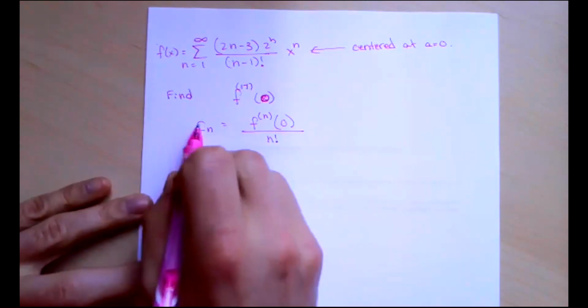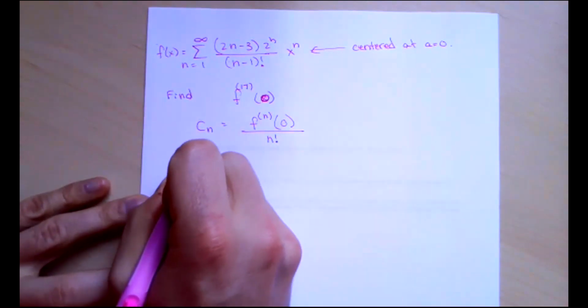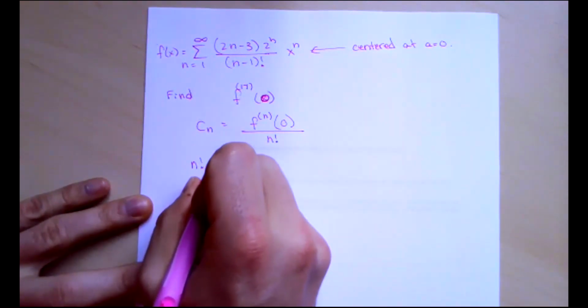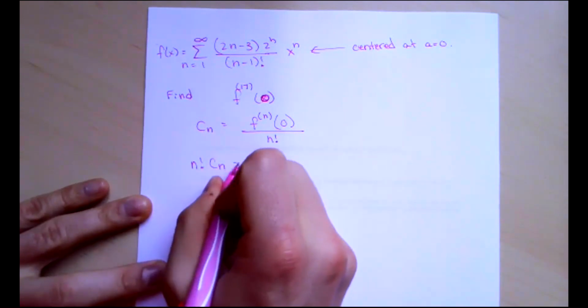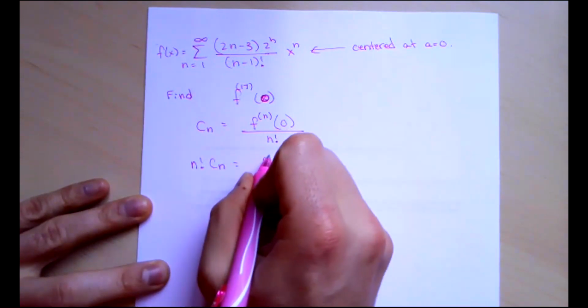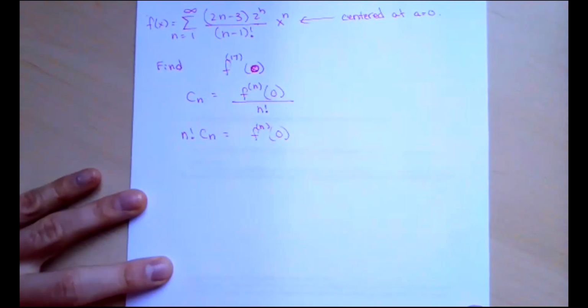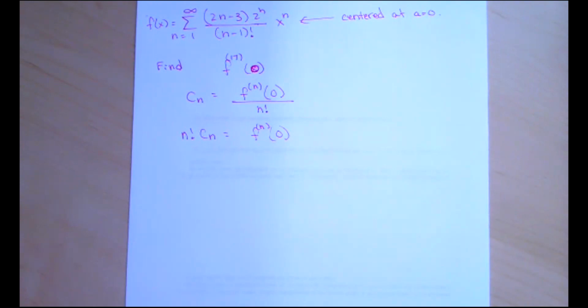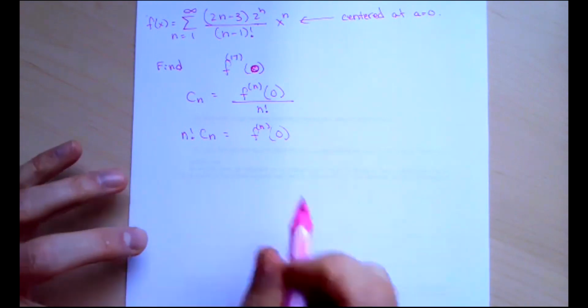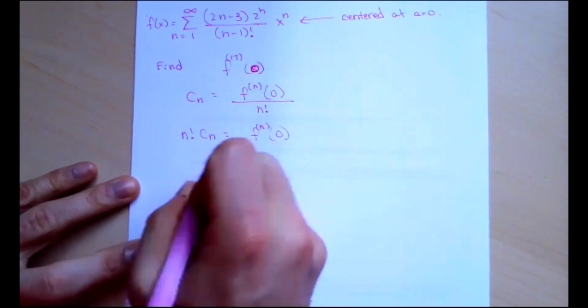So you kind of just have to use this formula. In other words, if I take my constants, multiply them by n factorial, we can recover the values of the derivatives of the function. So since I want the 17th derivative,